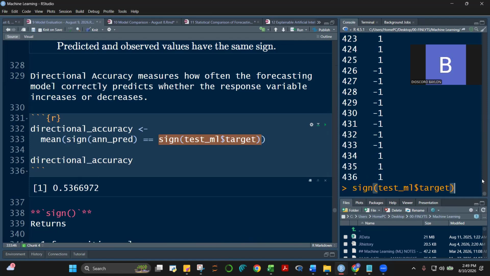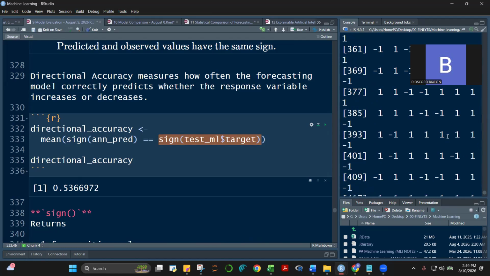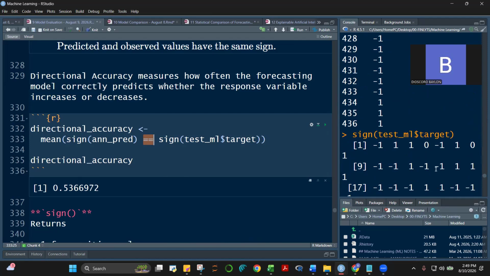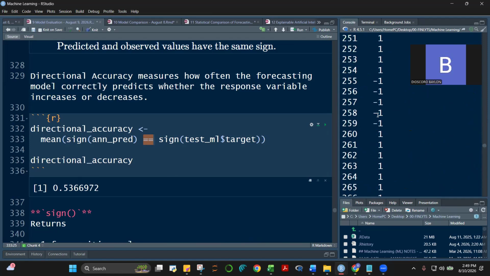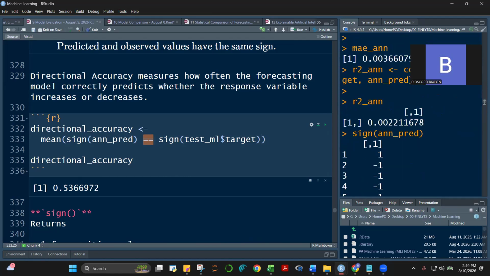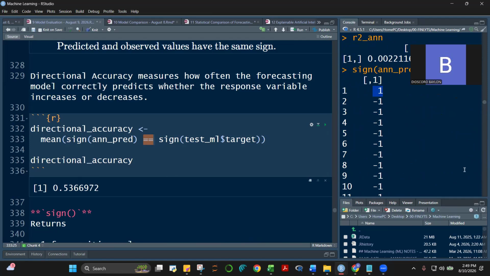Then control V. Okay, so what do we have here? Also the sign. This is your actual value. Then it will take a look at what is equal. For example, the first here is negative, and the first one here is positive. We could have created a data frame. Okay, so they're not equal, right? They're not equal, so that means this will now generate a zero value, because they're not equal. If they're equal, then it will count, okay?